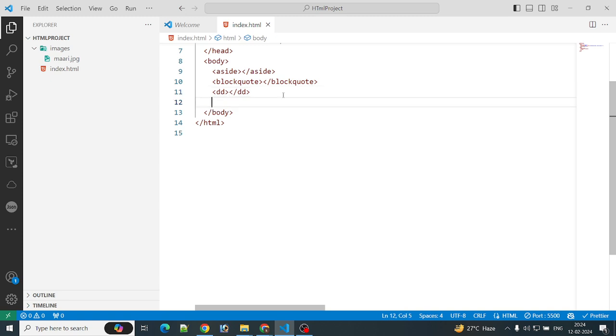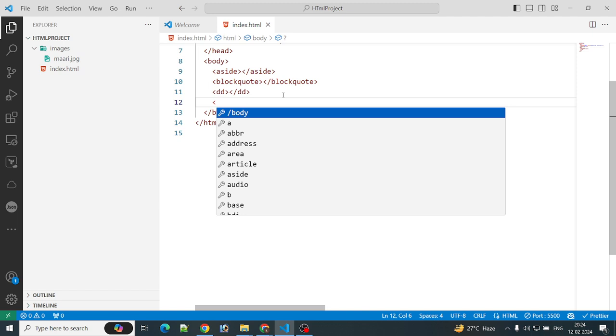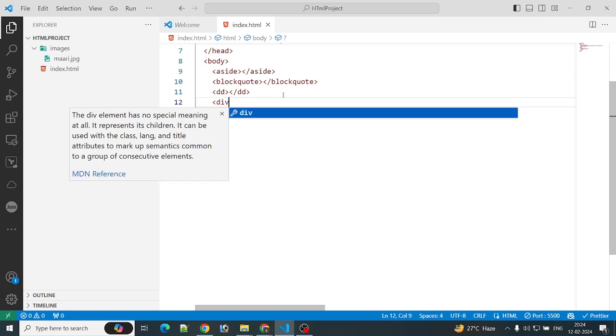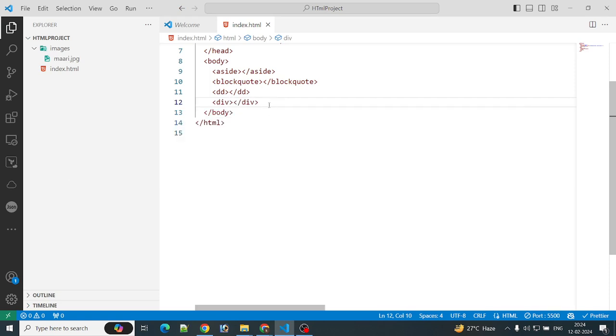And one more tag, a very famous tag we are going to see in our day-to-day life, that is div. In any project you take, you will find this div section. Any website you take, go to Google, search any website,